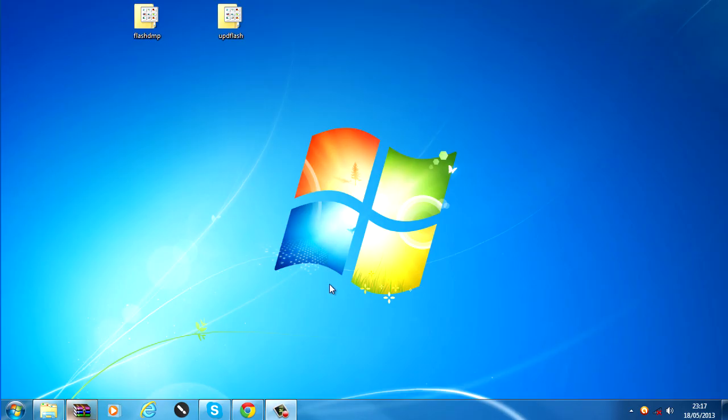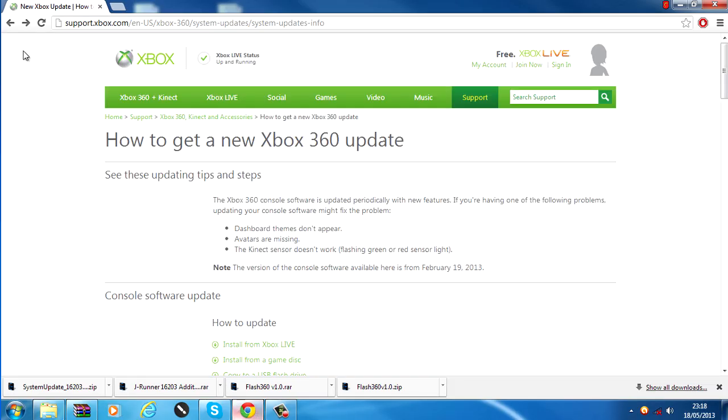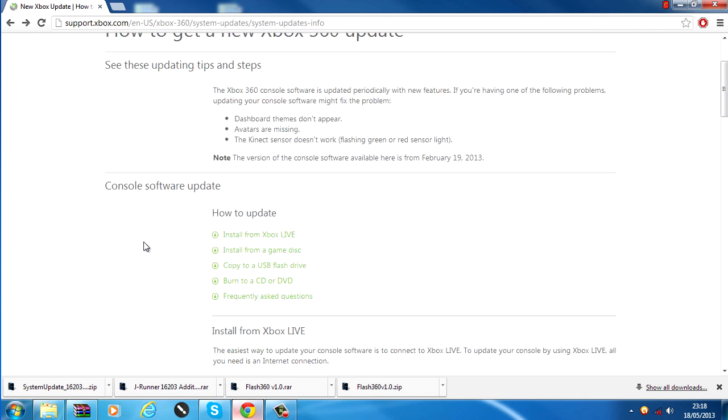Okay, so once we have updated our Nand to the latest dashboard, we need to get the avatar update. It does sound a bit pointless, an avatar update, but believe me, it does help stop consoles from freezing, and you will find problems eventually with some program. God knows what it will be, but there will be something that will not work properly because you don't have this update. So it's best to just do it so that you don't end up with problems with other programs on your Jtag. So where we want to go is we want to go onto the xbox.com, and we're going to go to